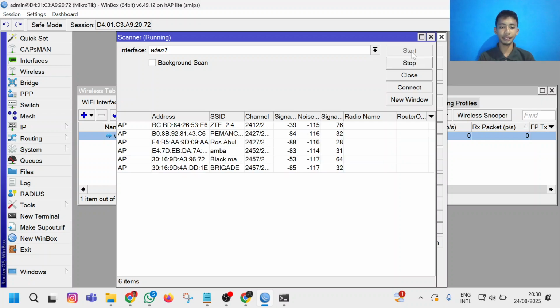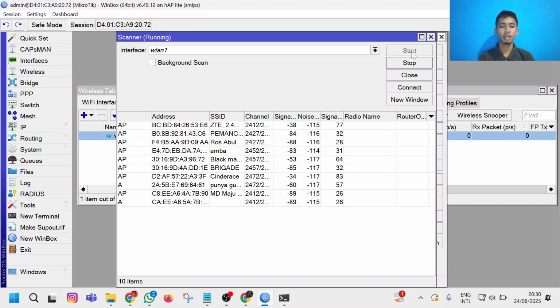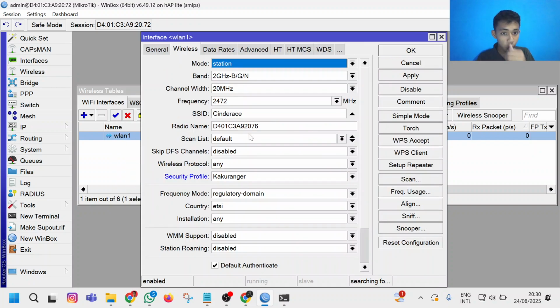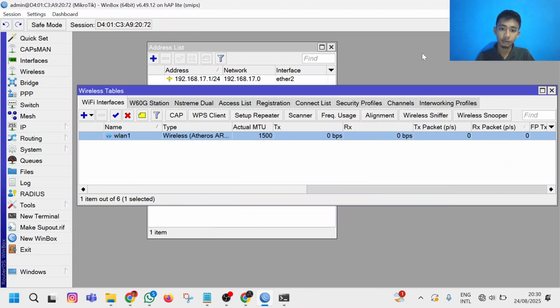Let's wait. This is the password. Click it and connect. Now, if you see, the SSID is now my phone's Wi-Fi hotspot. Apply and OK.